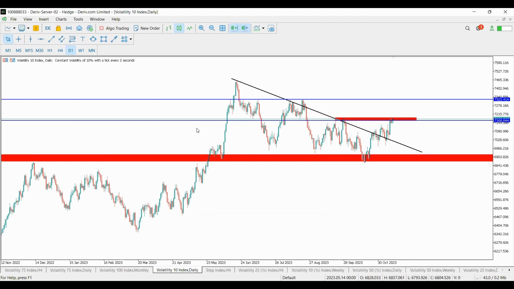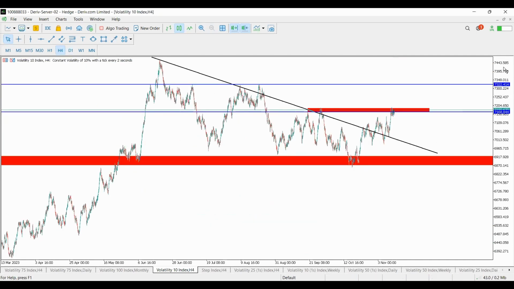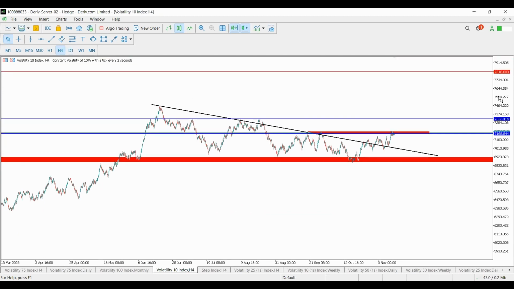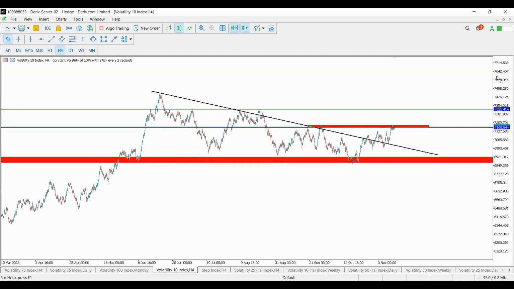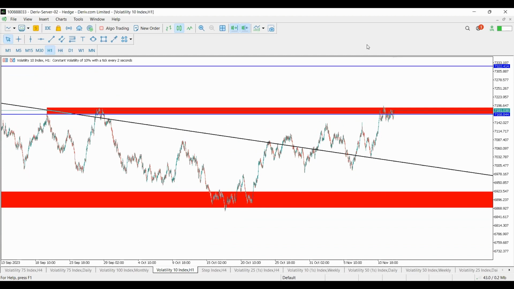Now, the habit most traders have, it doesn't matter the type of trading, the method you're using, whether you're using smart money, market structure, supply and demand, or support and resistance, it doesn't matter. What traders normally do, also personally as a victim, is after marking an area like this, I come to my entry time frame. Let's say we're waiting for the market to break this area. The rule of break and retest is the market should break aggressively and come back with a weak momentum to retest here.